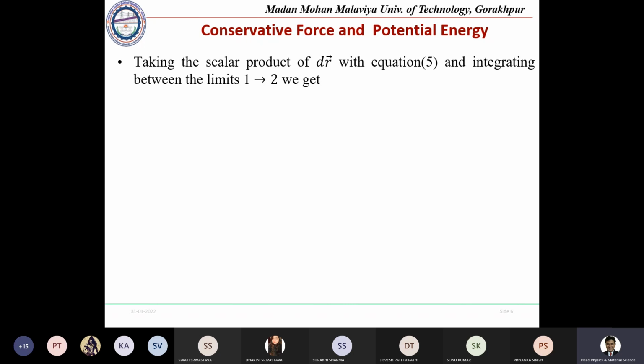Taking the scalar product of dr with equation 5 and integrating between the limit 1 to 2, we get